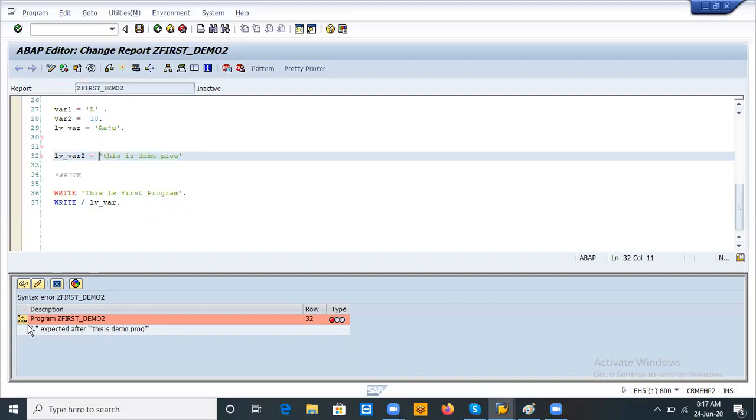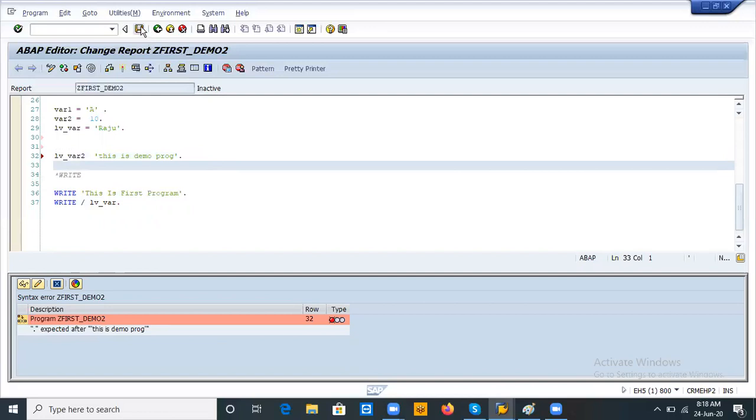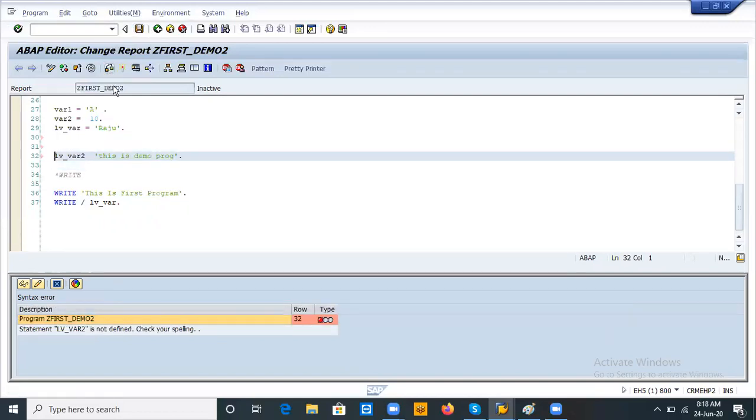If you miss even the equal operator, it will say that. See, I am giving the dot here now. Okay, and I'm removing this equal operator. Save again, check syntax. What it is saying is that the statement LV var is not defined, check your spelling. Only the system will give the error.